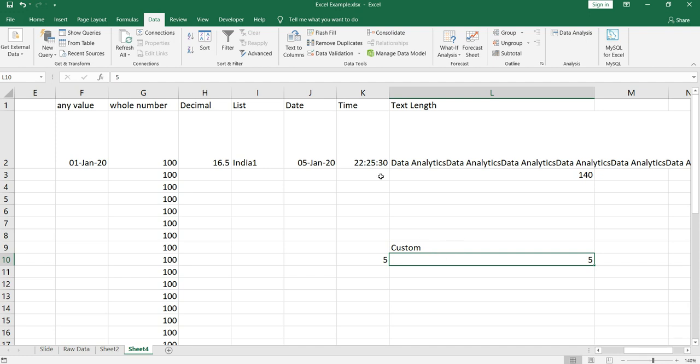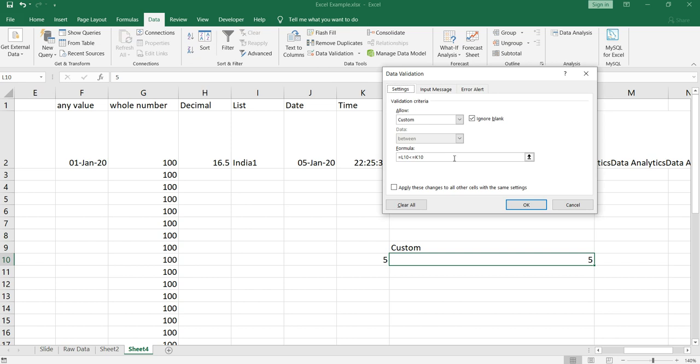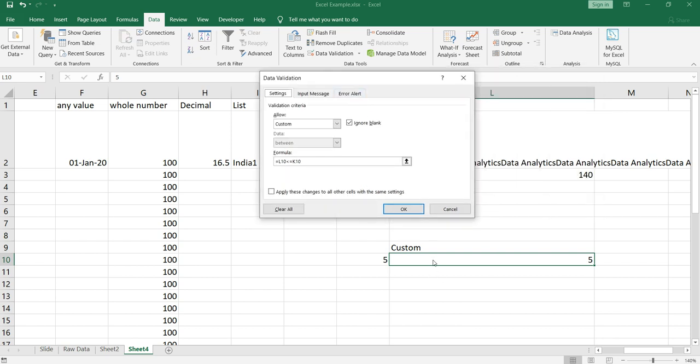So I have selected this cell, okay, and I'll go to data validation. When you have selected this cell and go to data validation, it will show you the last validation that you had applied. So earlier in our video I explained the example that the length of the data point in this custom cell should be less than 5, right?